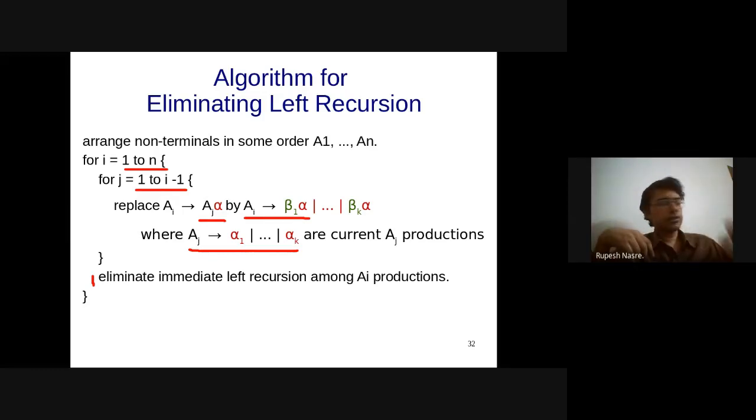This is more like the way we solve a system of linear equations. We try to eliminate one of the variables, place the right hand side of a particular variable, substitute it in another equation, and then do it. Similarly, we are going to use AJ, which are 1 to I minus 1, the previous ones, in the right hand side of AI. I'll show one example which will make this clearer.